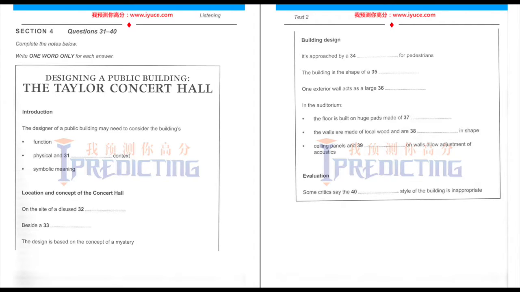Well, Harrison decided to create pedestrian access to the building and to make use of the presence of water on the site. As people approach the entrance, they therefore have to cross over a bridge. He wanted to give people a feeling of suspense as they see the building first from a distance and then close up. And the initial impression he wanted to create from the shape of the building as a whole was that of a box.